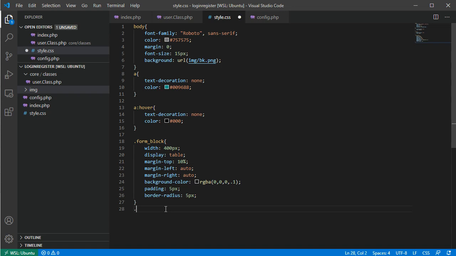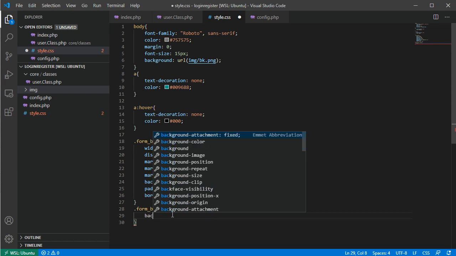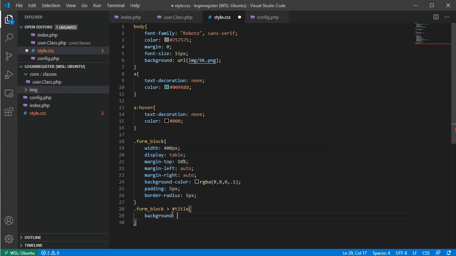Now using this form block, there's another title ID. Title ID, and here we will have the background, padding, color. Background is going to be 3D8577. It's going to be a green color, and then we have padding 10 pixels. We have color white,